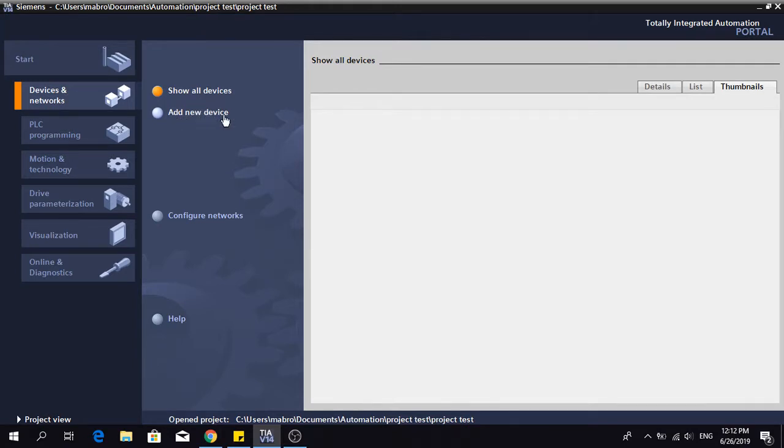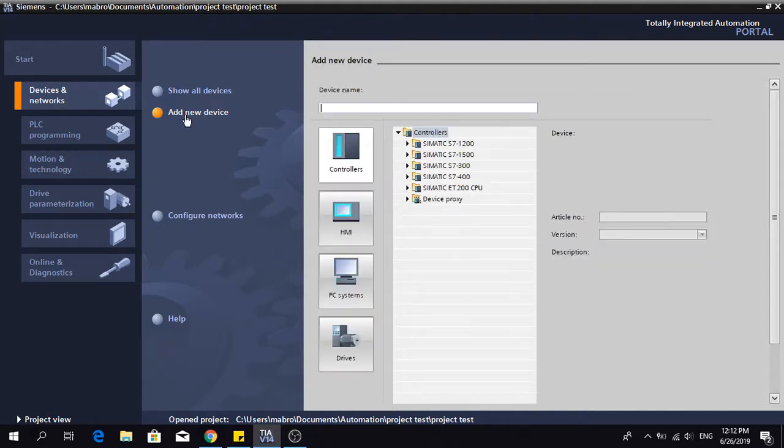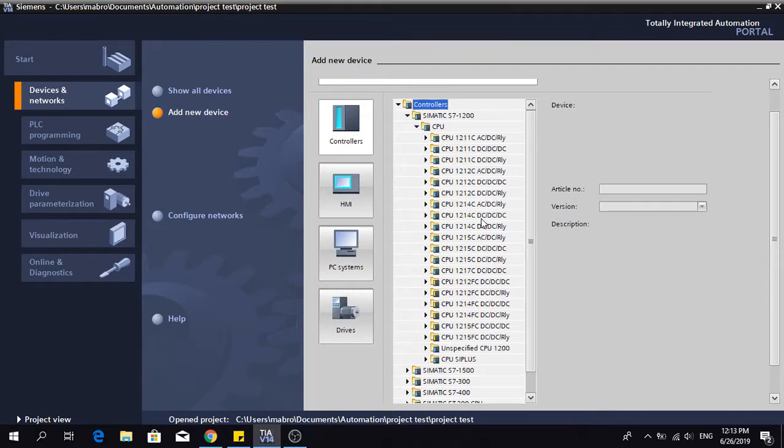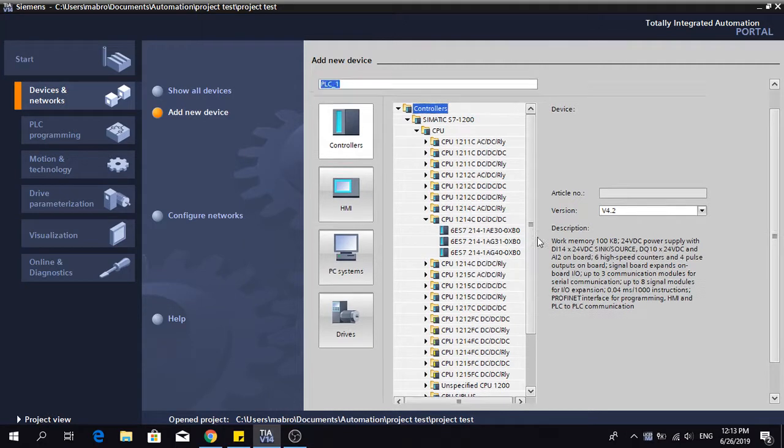and here if you have already some devices, they will appear here, but if not, just add new device by clicking here, add new device, and here guys you choose the device that we're going to work with. For instance, let's see, for example, the Simatic 1200, and choose a version of 1214 DC, just for example, and you can choose what you want here. And let's take for example this one,